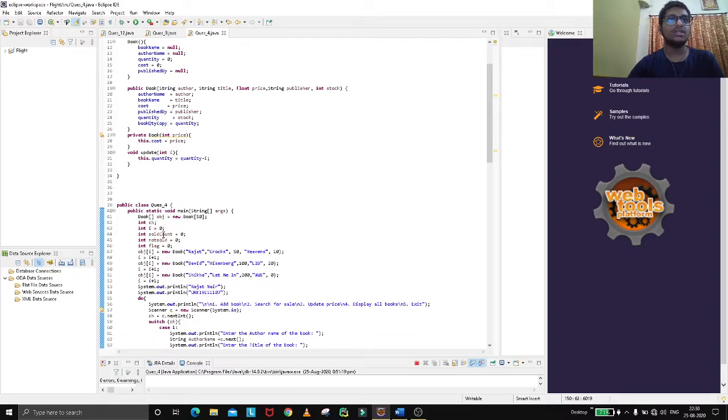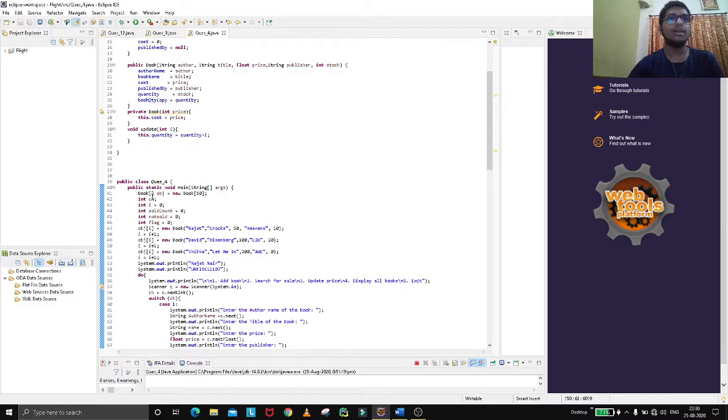In the main function we have created a book with new Book 50. We have initialized a variable equal to 0 to count the books sold and not sold. We have three objects, obj i, where i is initialized as 0.